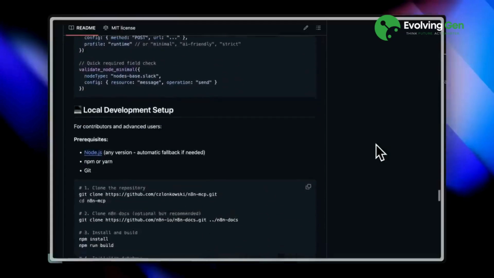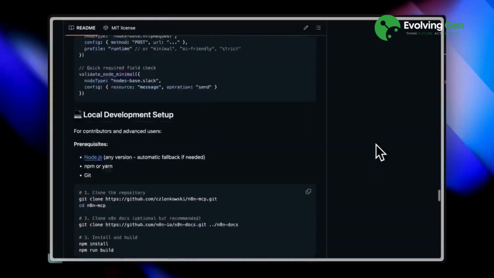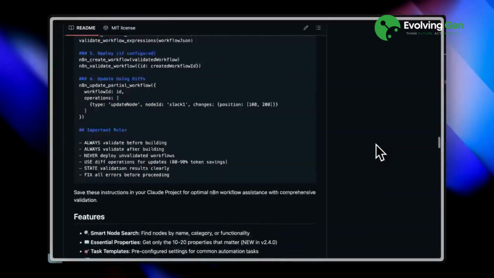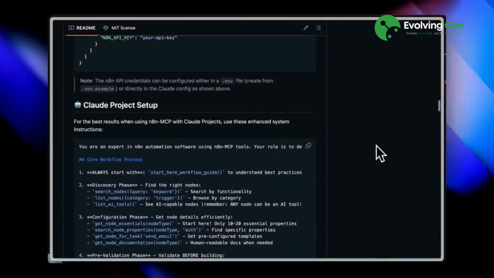But here's something even more interesting. They've built in a system that makes sure the MCP follows the correct order when calling tools, so it doesn't mix anything up or call the wrong thing at the wrong time. And they do this through the Claude project setup. When you create a new Claude project, you just drop these configurations in there, and it gives the MCP a